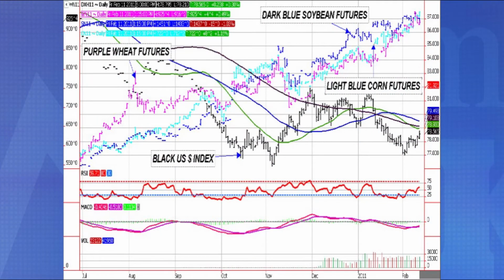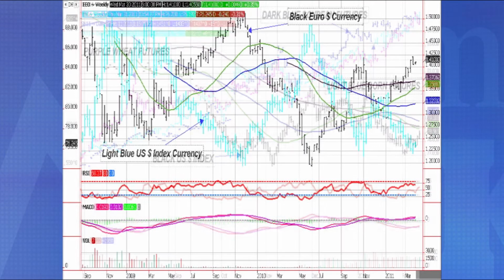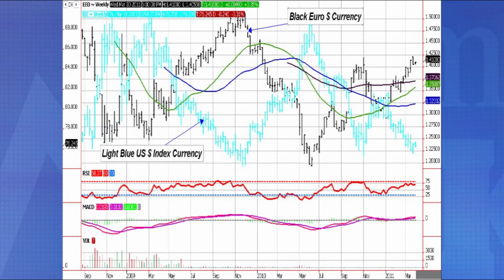Many commodities are priced in US dollars. Therefore, a lower US dollar increases the purchasing power of foreigners buying that US commodity. This leads to an increase in demand of exports for that commodity. The opposite is also true. When the euro dollar is falling, the US dollar index is rising and vice versa. You can see it in the chart that I've provided. There's a huge opposite correlation there.